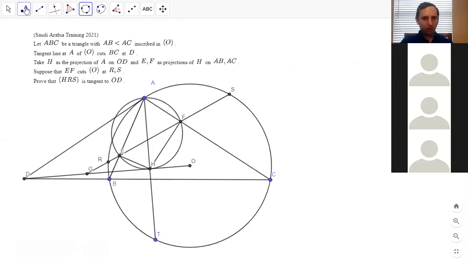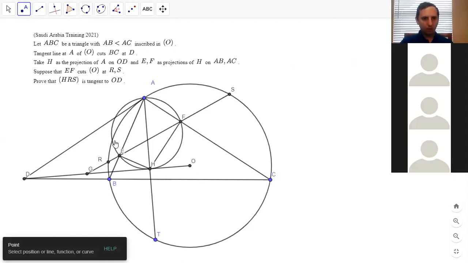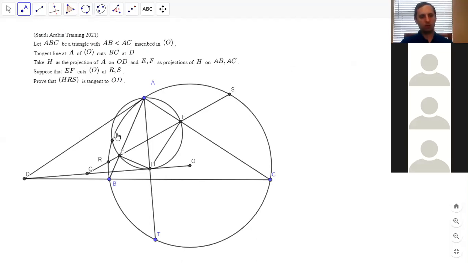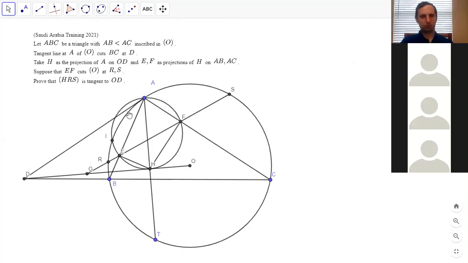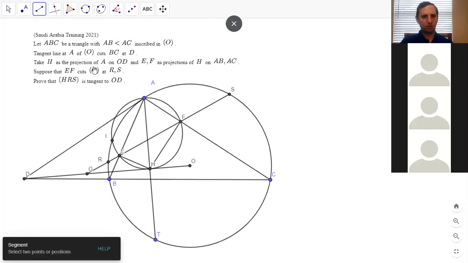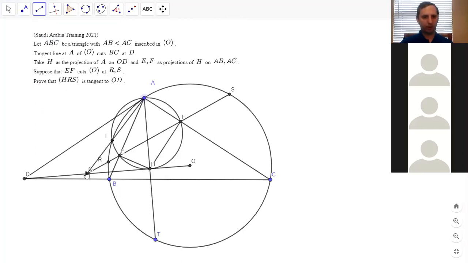I think we will prove that G lies on the radical axis of circles AEF and ABC, which means G, H, and A are collinear. Okay, so like A, H and G. Yeah. Okay, so